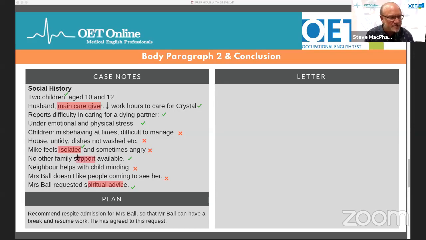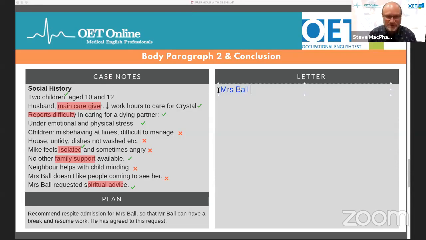We might mention support. So we're going to select words and turn it into sentences, everyone. And I think he reports difficulty. So we might put that as well. So one of your jobs is to find the key facts and then to write about it. Okay, so let's begin, everyone. Let's begin this challenging paragraph. So again, we could begin with something like socially, or we could just be direct. And we could say something like,